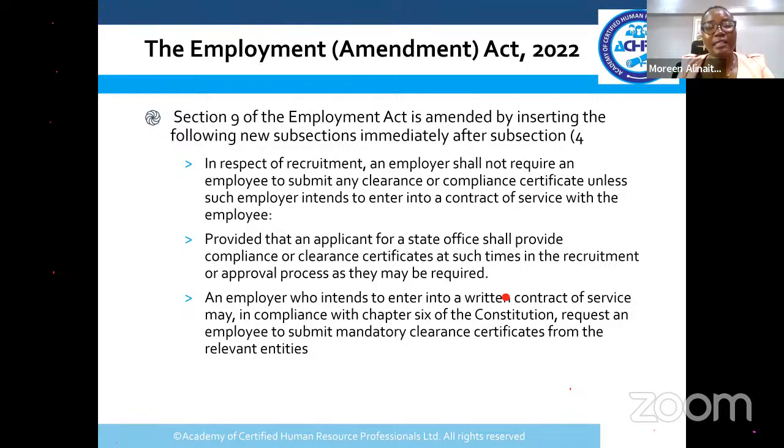Section 9 of the Employment Act is amended to insert the following new subsections immediately after subsection 4. In respect to recruitment, an employer shall not require an employee to submit any clearance or compliance certificate unless such employer intends to enter into a contract of service with the employee. There is this thing that they were doing. I don't know if they still do it in the government. When you're applying for a job, they tell you bring